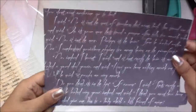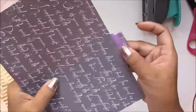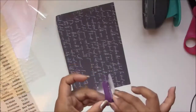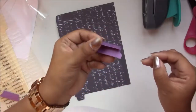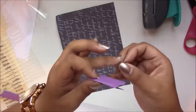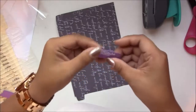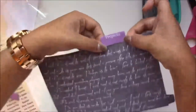See, I have this really nice cardstock that I want to make a divider out of, and then I can put this at the edge and then close it that way, or I can put it a little bit closer that way. Or again, you can use these stickers on here as well with this other tab that I made, or you can use whatever, if you have a label maker, do it there, and then place this on there, put some glue, and then, or you can put it here